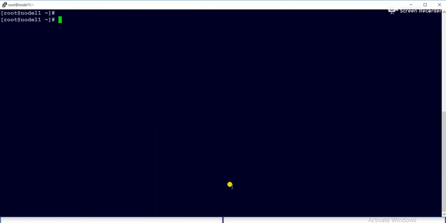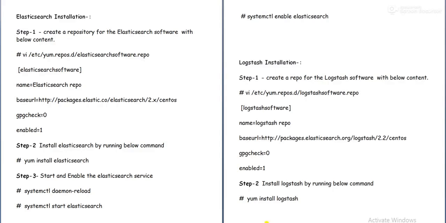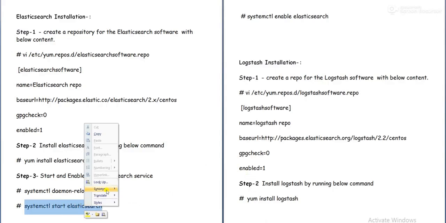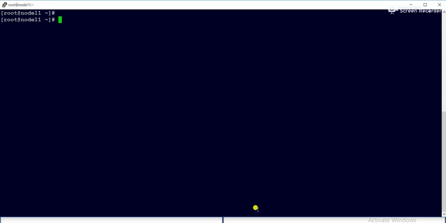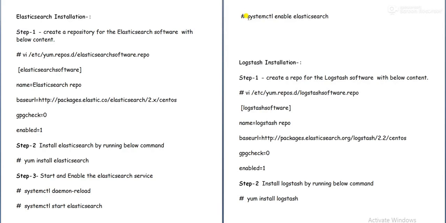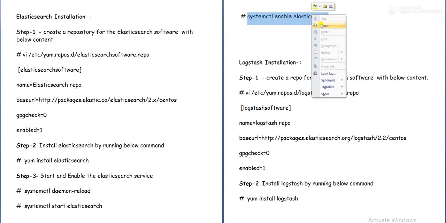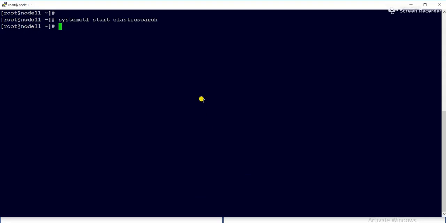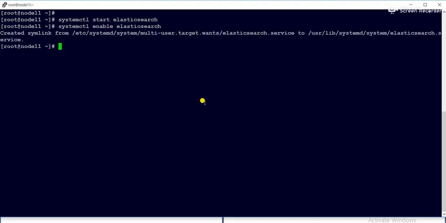The daemon got reloaded. Now we'll start and enable the service: systemctl start elasticsearch. Now we'll enable the service so that when the system reboots, the service will start automatically. Now the Elasticsearch service is started and enabled.